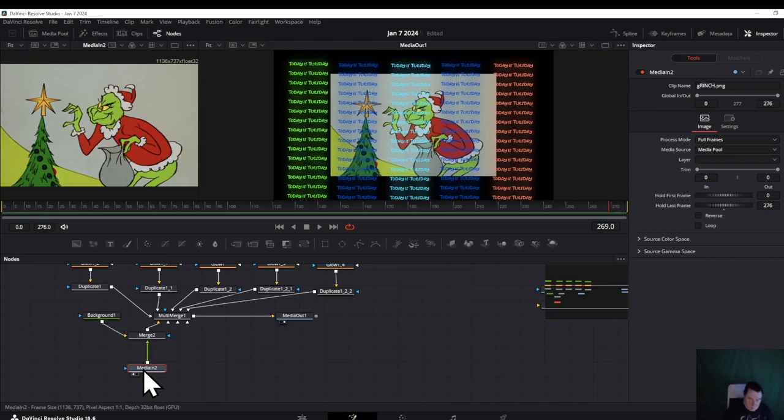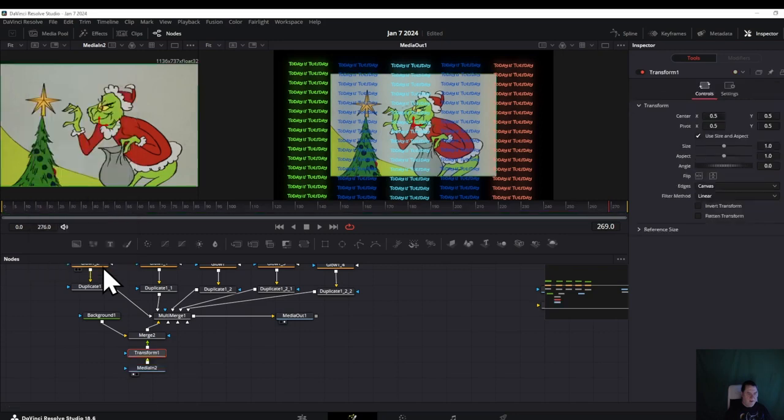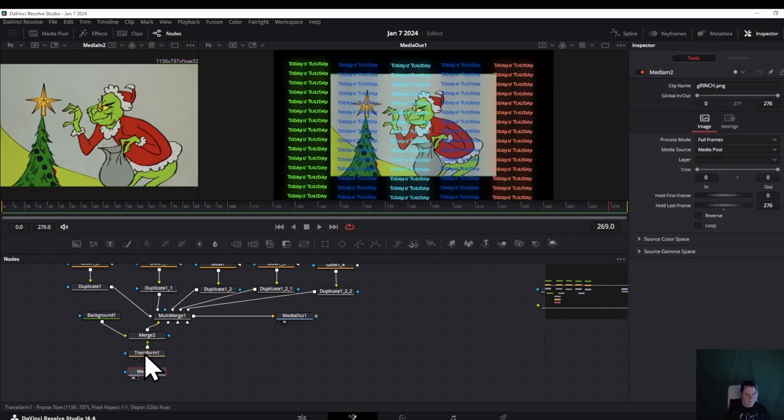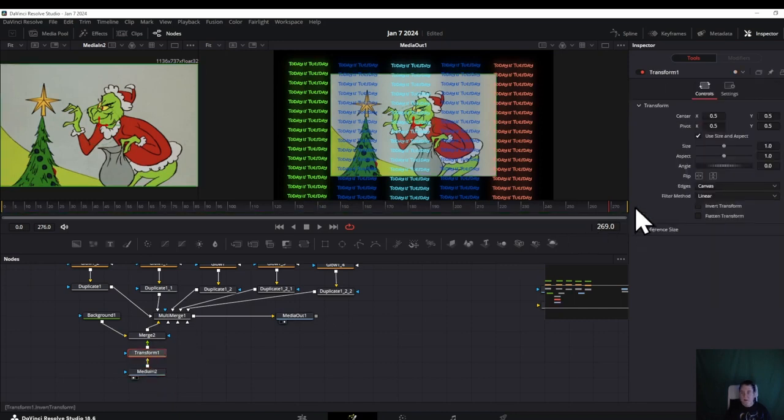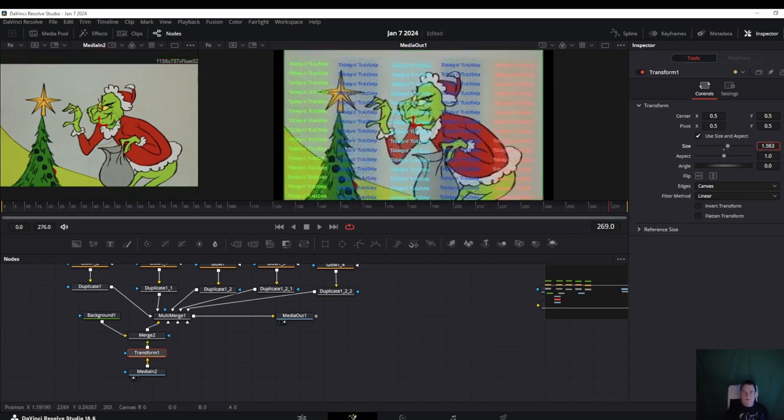So in order to do this, and this is beyond the normal, but man, this is going to be another long update. I'm going to hit Shift Space, and I'm going to type in the word transform, which is TRAN. Brings up transform, and I think I want this one. So I'm going to highlight it, add, and because it's connected to what I wanted it to connect to, which is the picture, it's already there. I'm going to go into the transform node, and I'm going to adjust the size. And it did exactly what I wanted. It's in the background.